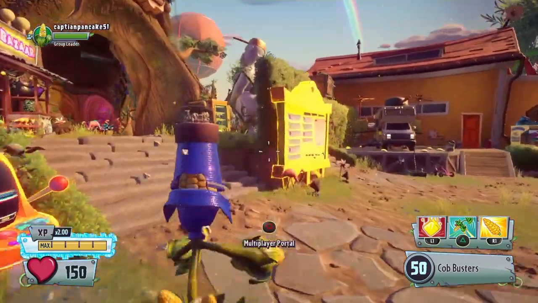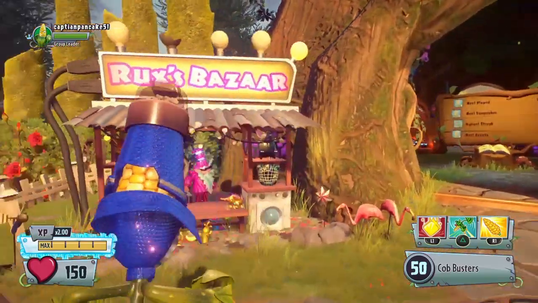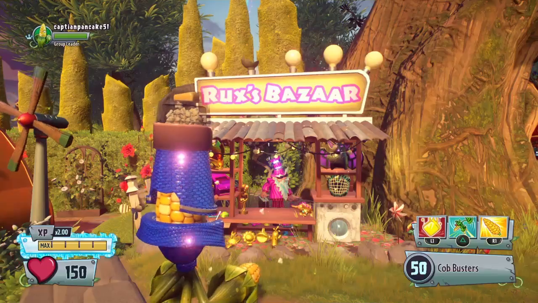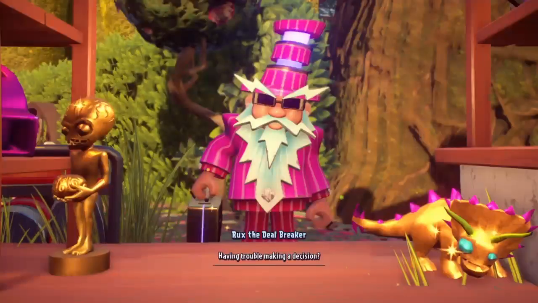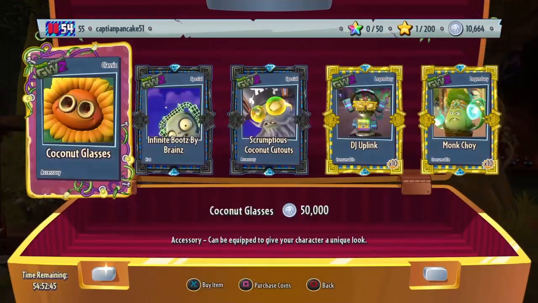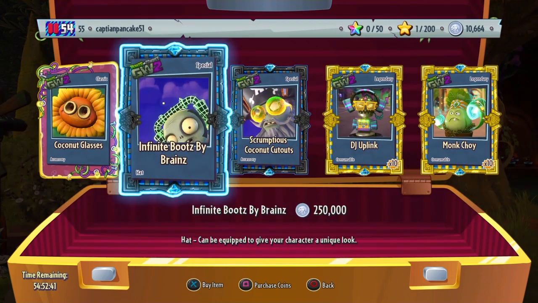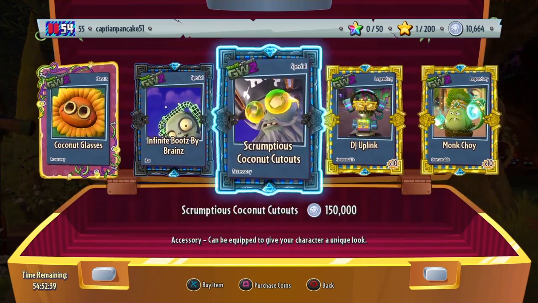So let's start off with Rux. Rux is a very hated character in this game, and it's understandable. Basically, he sells legendary hats and abilities, and some are even exclusive to his store. And that's okay, but some legendary hats and abilities are very rare and they usually never show up, which is